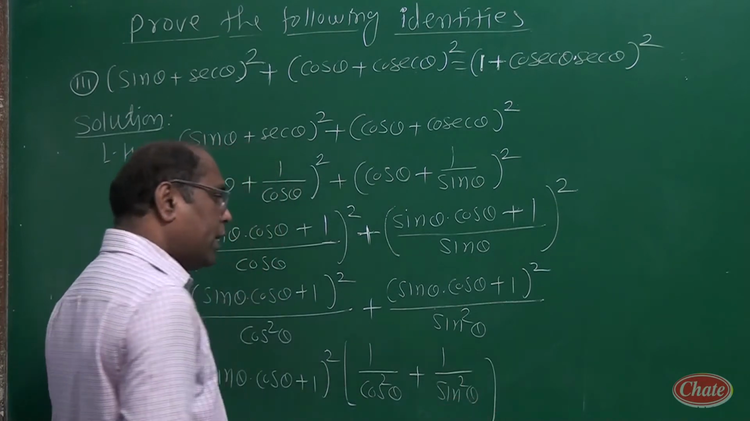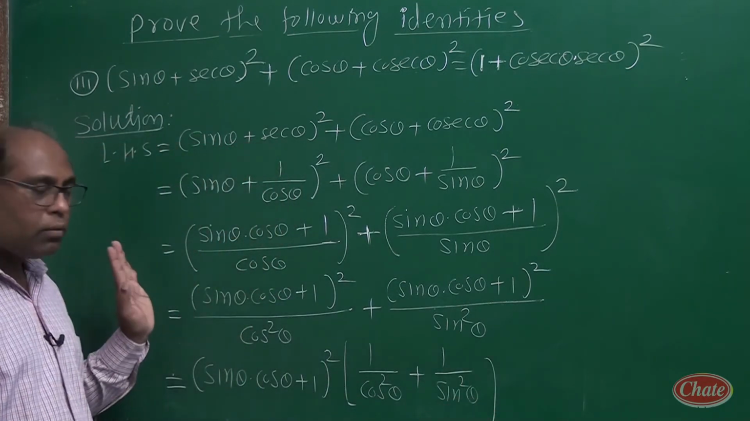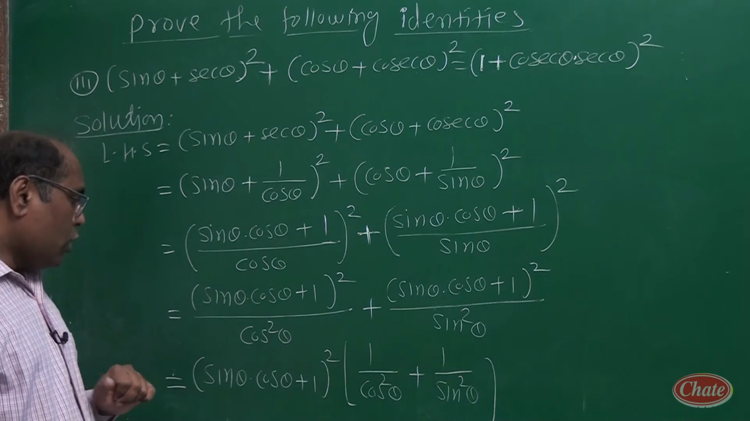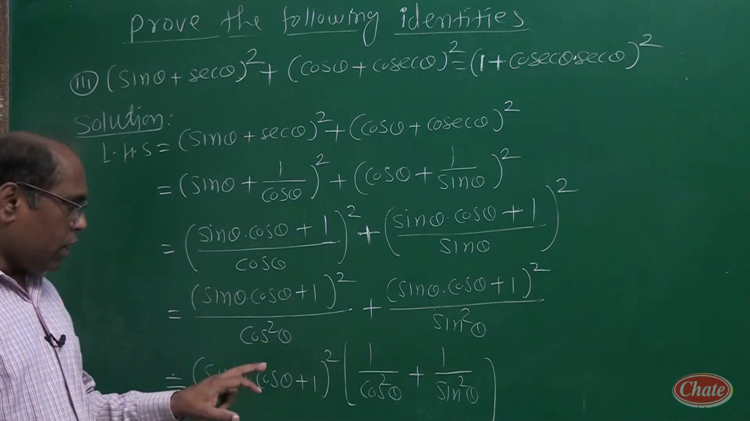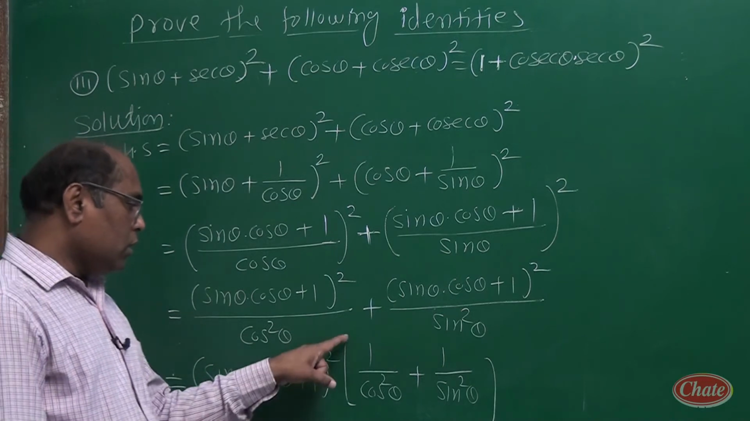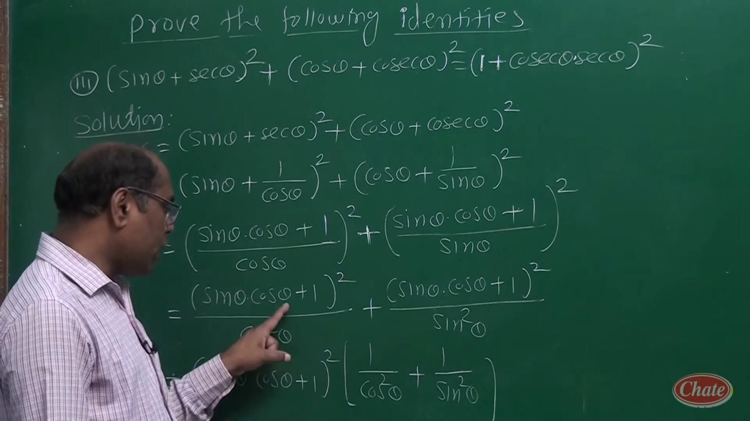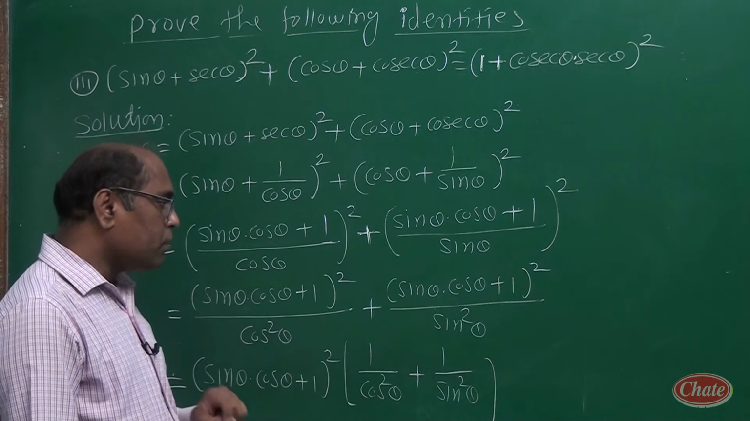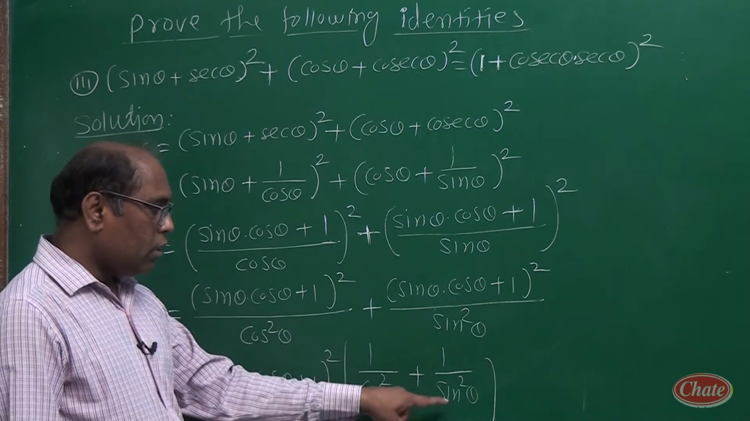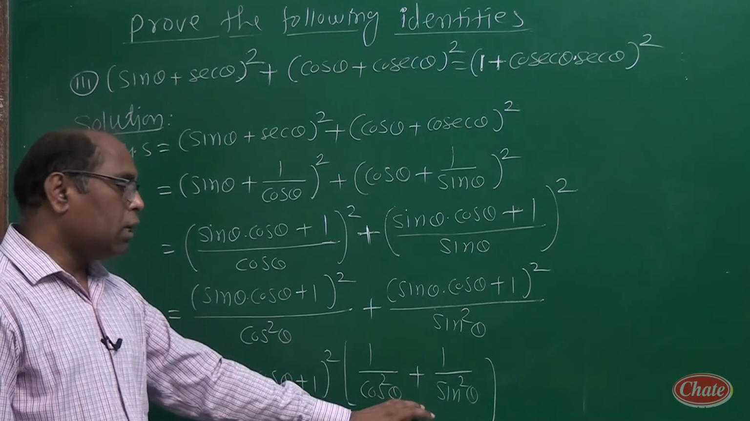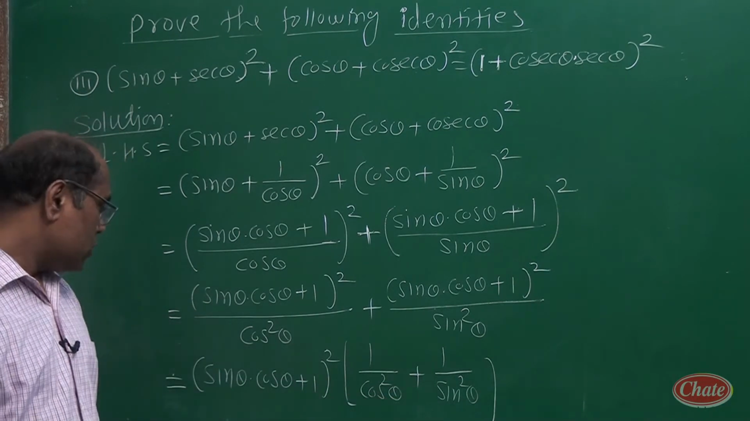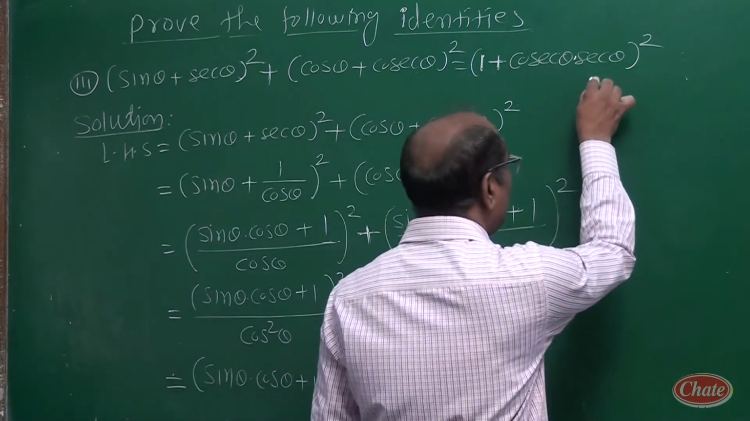Okay, we are taking the numerator as common from both the terms. So if you are taking (sin theta cos theta plus 1) bracket square as common, so in the square bracket in the first term what we get? 1 upon cos square theta, and in the second term what we get? 1 upon sin square theta. Now here we will take the cross multiplication in this square bracket. So therefore LHS is equal to,